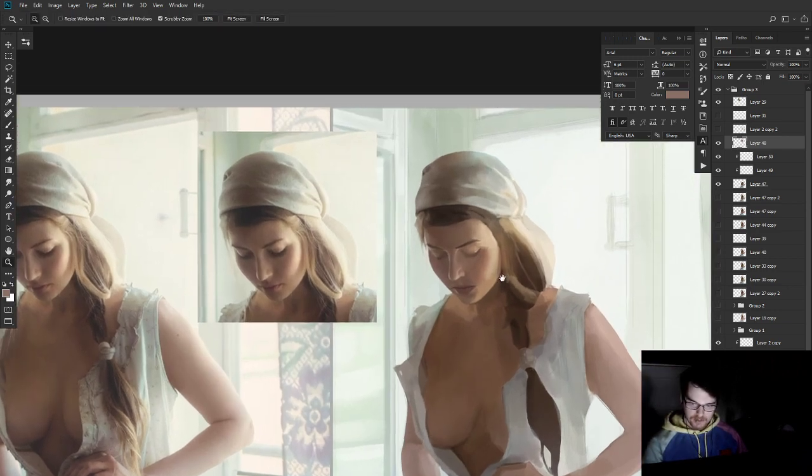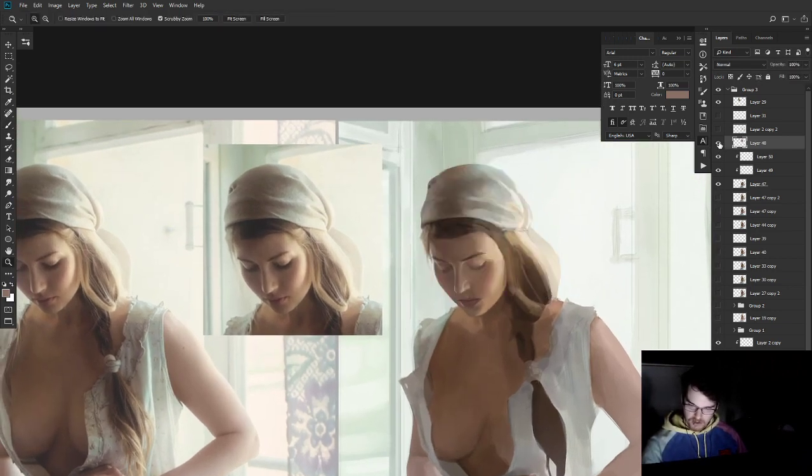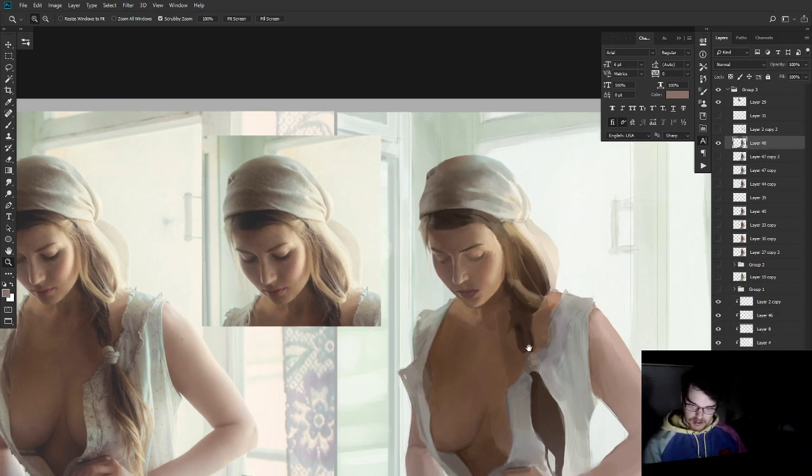Okay, I'm definitely not painting just the face right now, so let's get back to that. I'm gonna merge all that and back to the